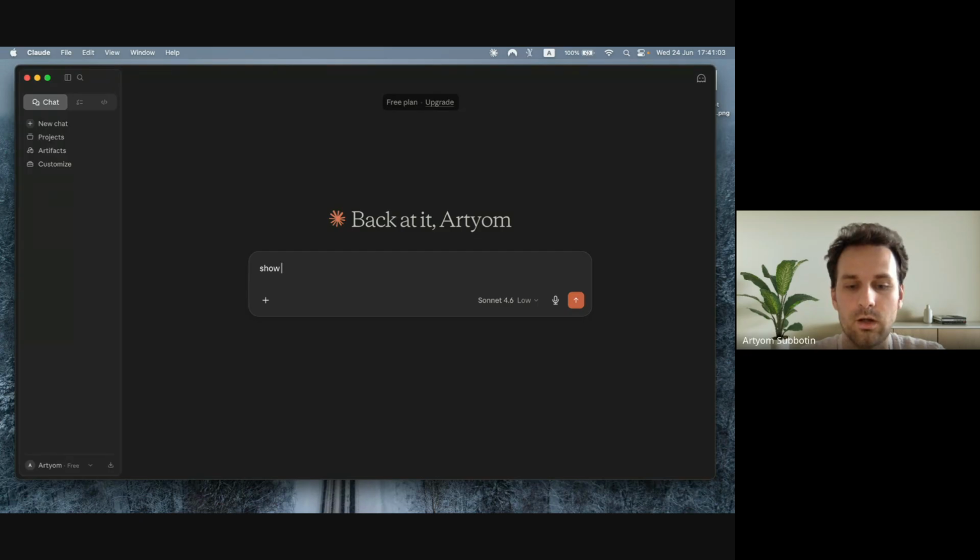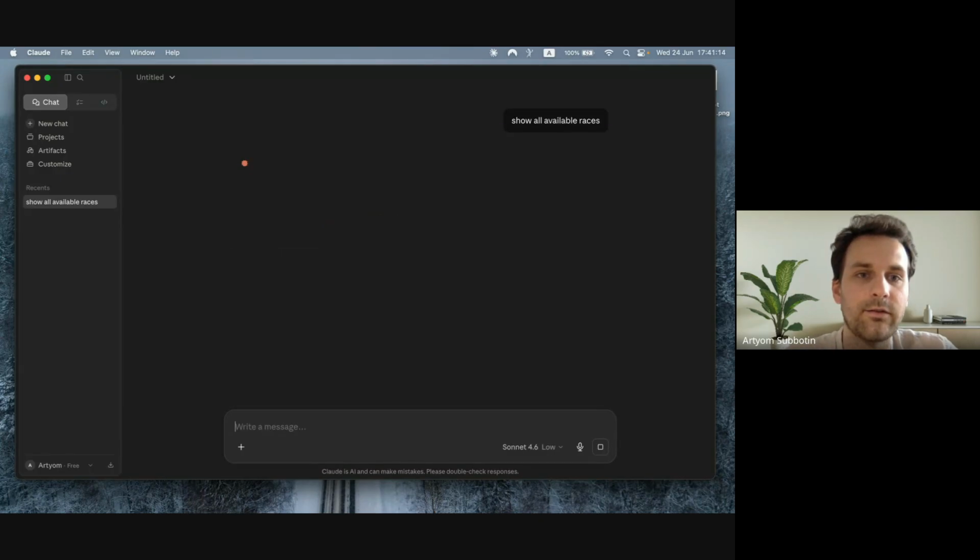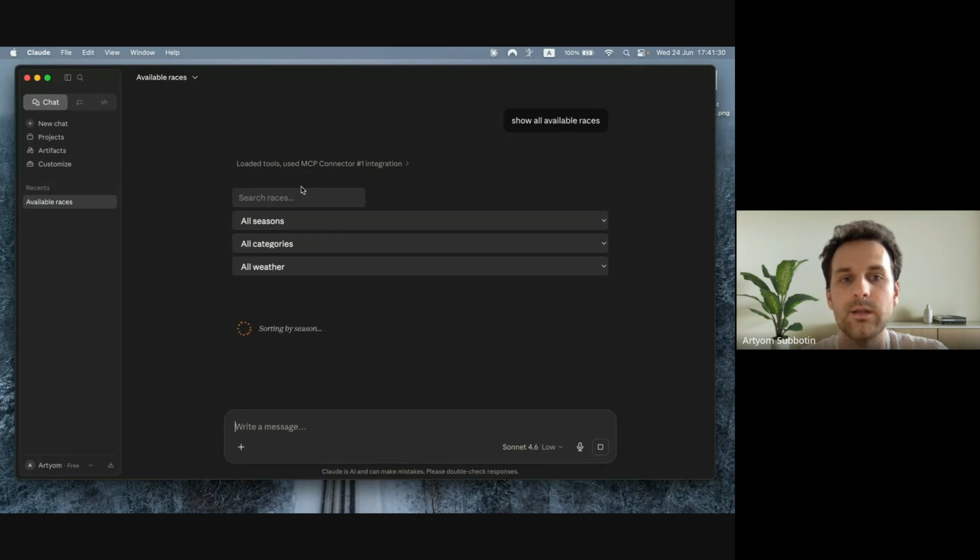Just show all available races. Let's wait a bit. You see, the first step is to find the appropriate tool, because as I said before, the main part is to give this understanding of which endpoint should be triggered in this case.